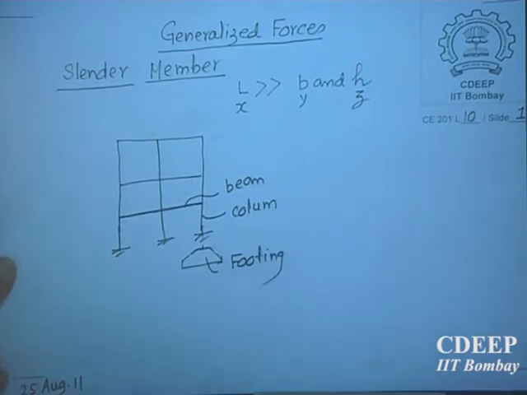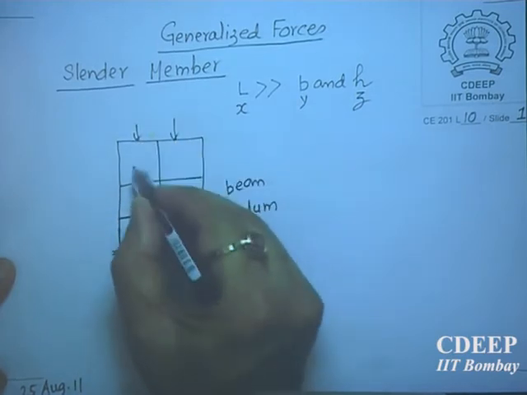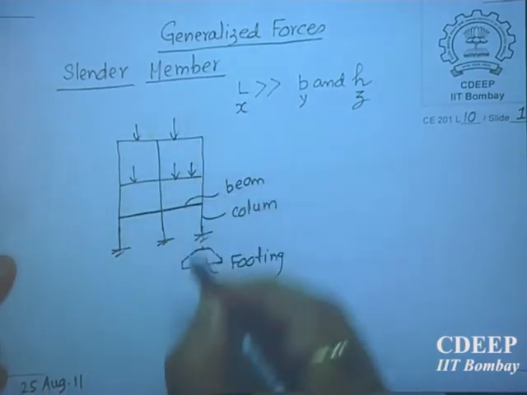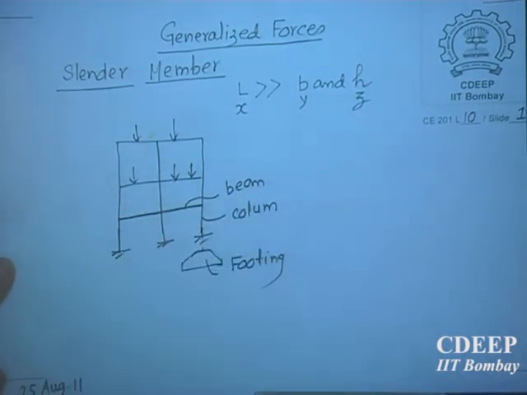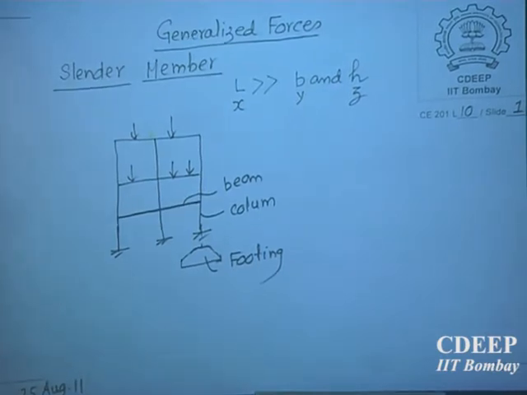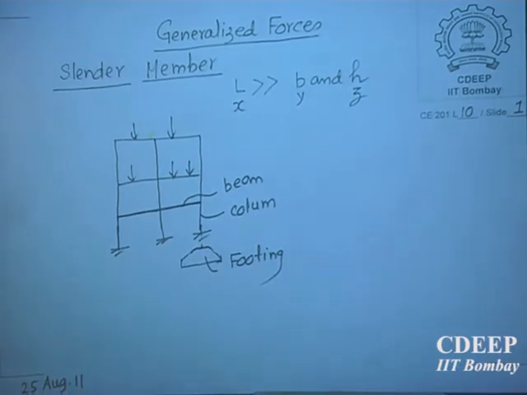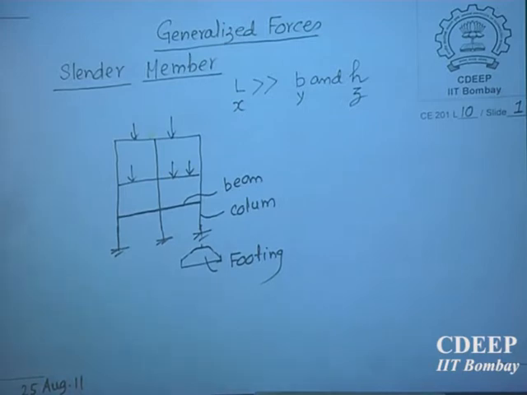Why do we enlarge? Because finally the load has to be transferred to the ground, and if you just put a column, one member like this vertically, and simply put it on the ground and the load is heavy, so what will happen? How will the load be transferred to the soil? One is, of course, there is a direct pressure, contact.